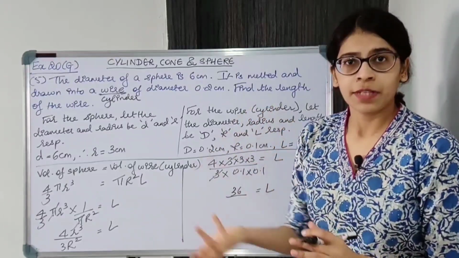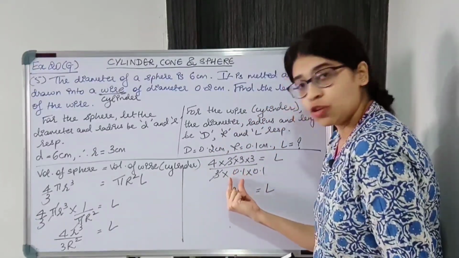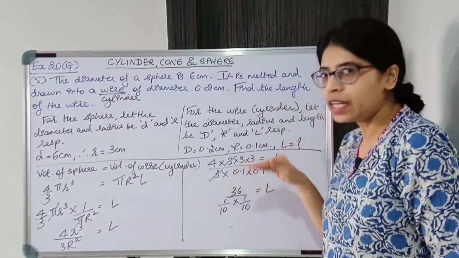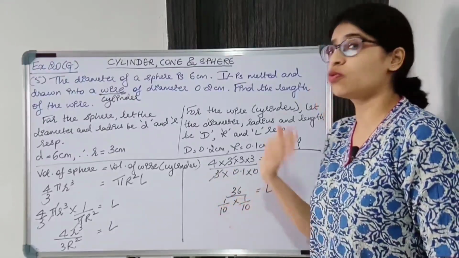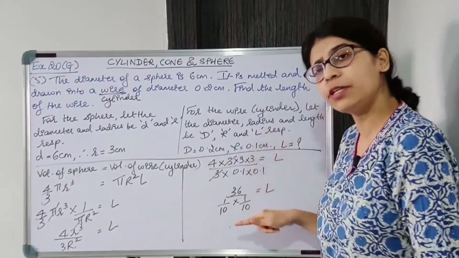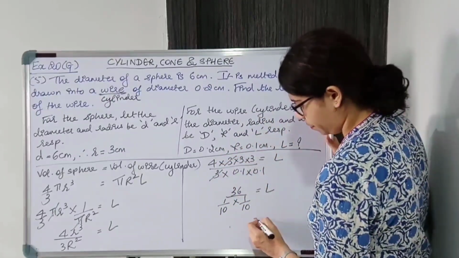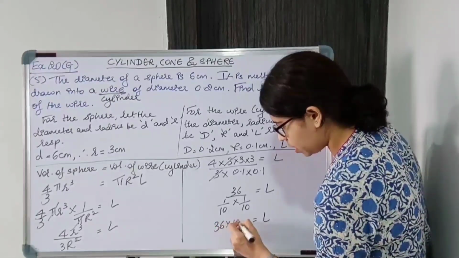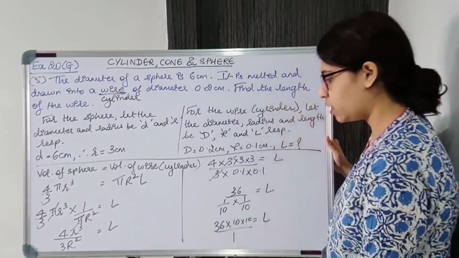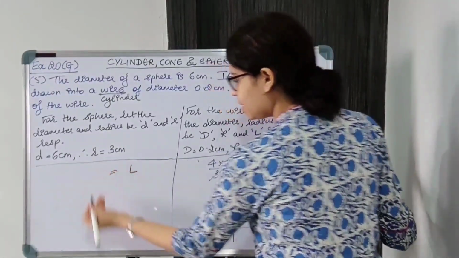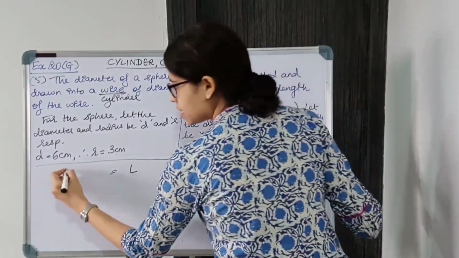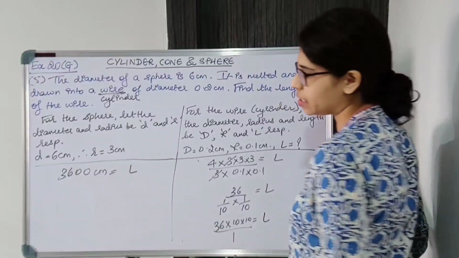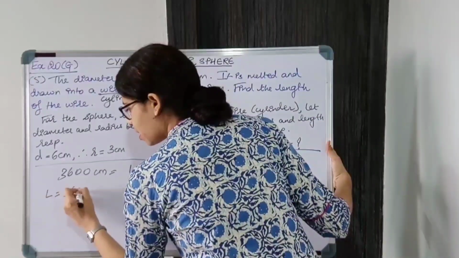Now don't multiply 0.1 into 0.1. 0.1 is nothing but 1 upon 10, so 1 upon 10, this is also 1 upon 10. Denominator में there is denominator, then this denominator goes in the numerator. Keep that in mind. Denominator में denominator, that goes in the numerator. Okay, so this will go in the numerator, these two 10s. Okay, so 36 into 10 into 10 upon 1 है, 1 into 1 gives 1. So L is equal to 3600. Okay, 3600 centimeters, because everything is in centimeters, so L is 3600 centimeters.